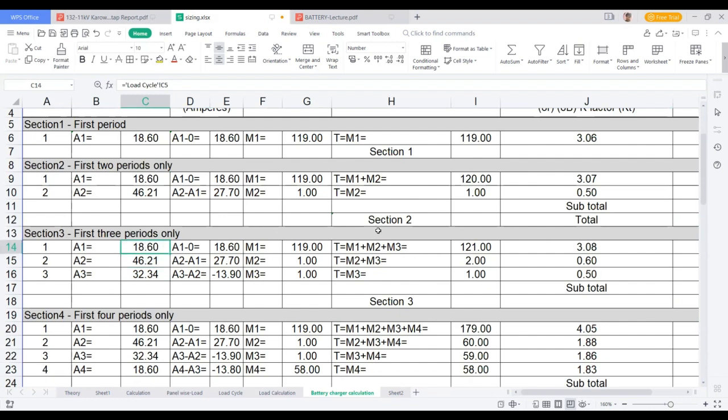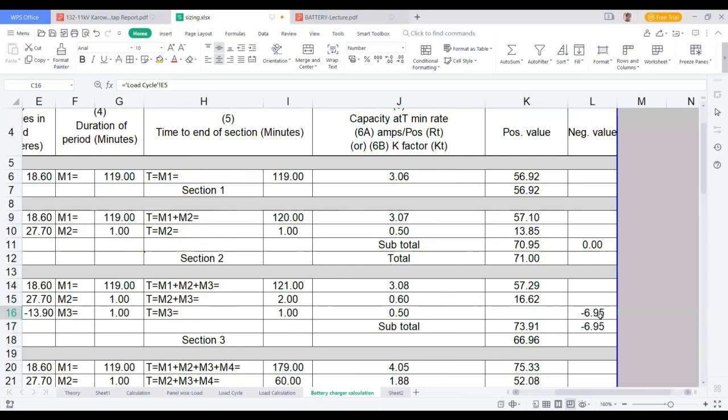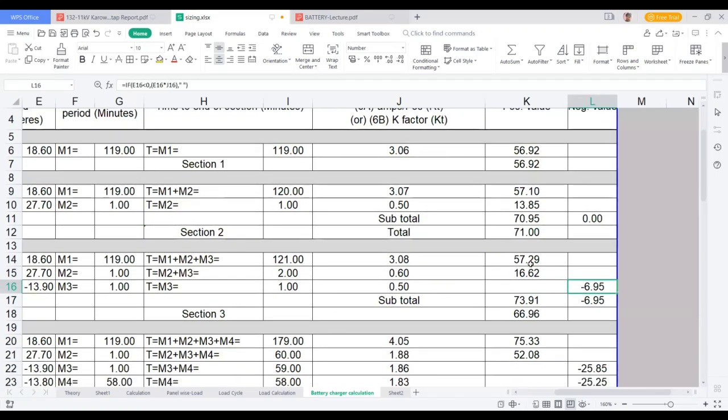18.6, okay, 119, next minute 121. 46.21 I'm calculating too. But I already calculated 46.21 two times, and actually I require the next minute only: 32.34. So I'm just subtracting this 32.34 from 46.21, which gives you minus 6.95. So now your battery capacity required is only 67 Ah, not 71 Ah,